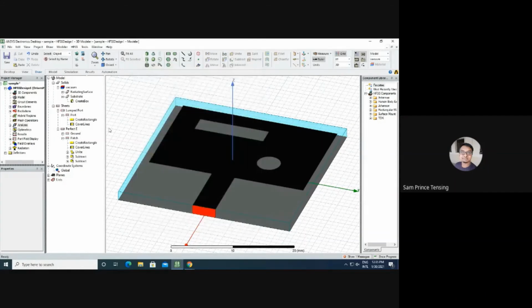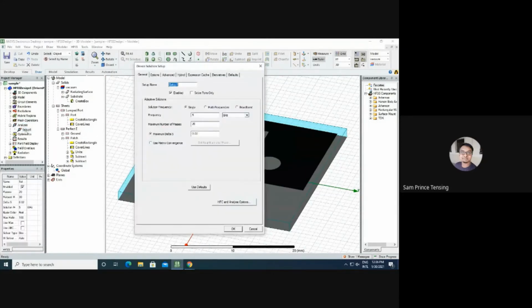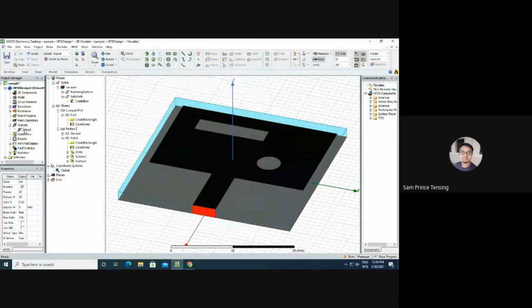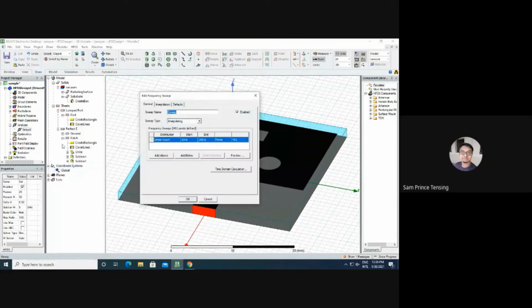Click OK. Now we need to give a frequency range so that the graph will be generated in that range. Press plus, and below the analysis you can see Setup1. Right click that, Add frequency sweep. Here you press the linear count dropdown, you will get three options.